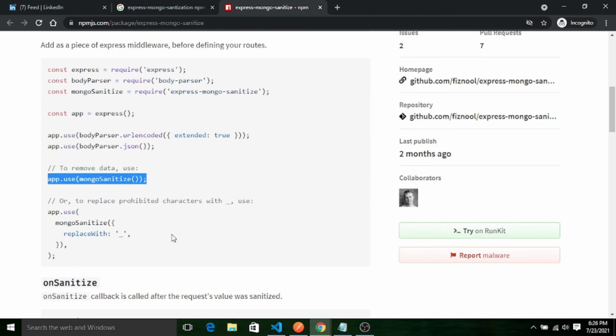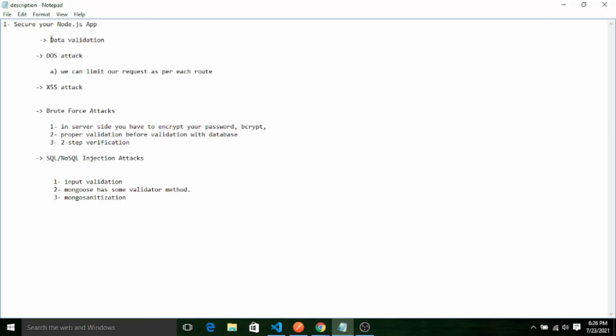So I just told you another thing, the basic thing is data validation. So don't forget to implement this kind of security feature in your Node.js application. If you cannot secure your application, anyone can steal it, anyone can crack your project, anyone can steal the data from your database. So this is the basic security feature I have already shown you. You just go to your computer and try to implement this. It will be helpful to you, and it will prevent this kind of attack on your Node.js application.